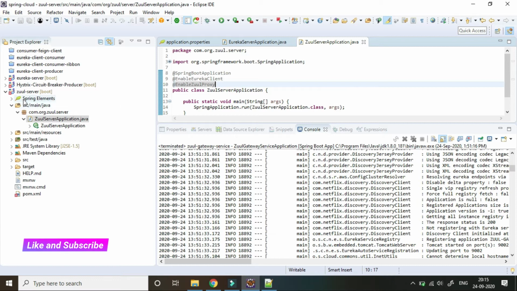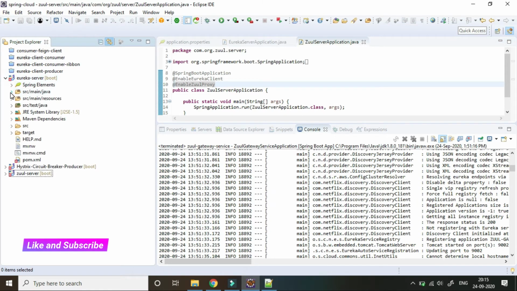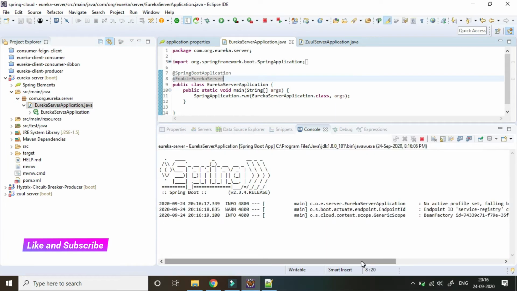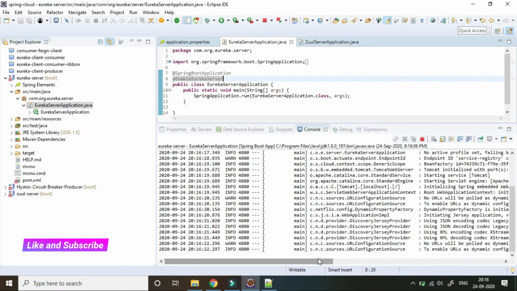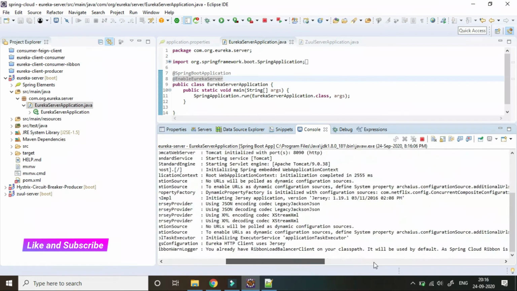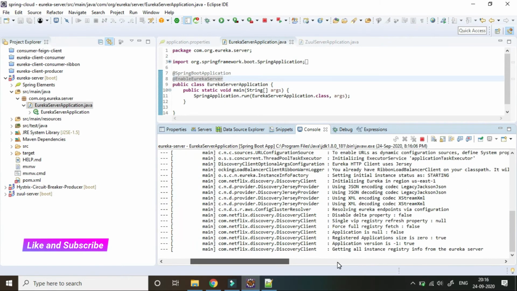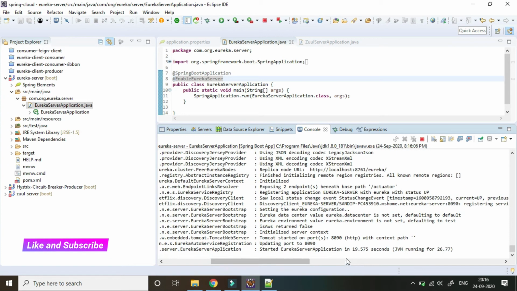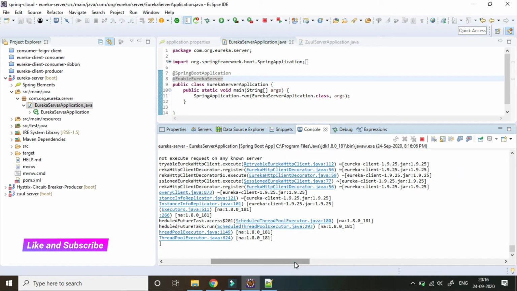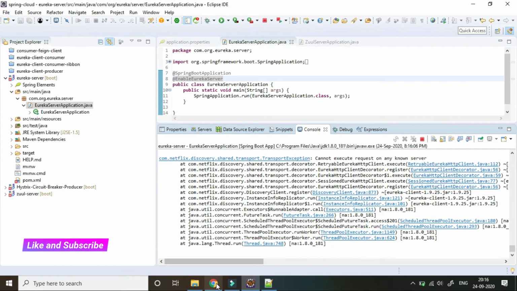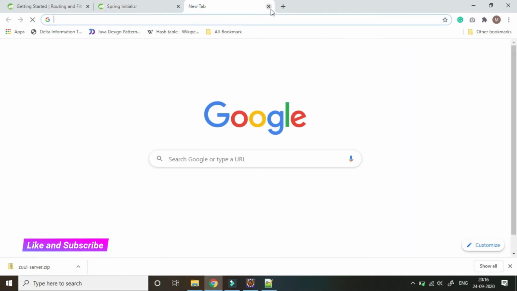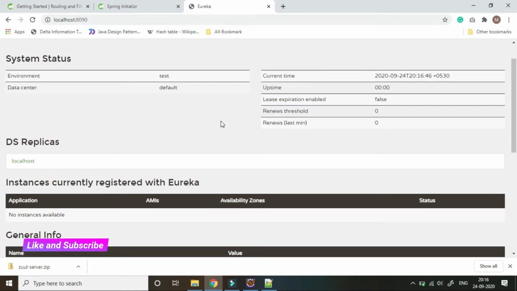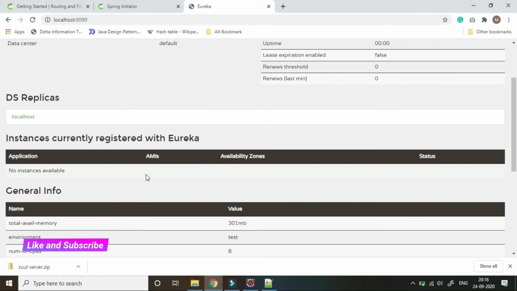So now we have to start the Eureka server. Our Eureka server is up on port 8090, but till now no instances are registered.